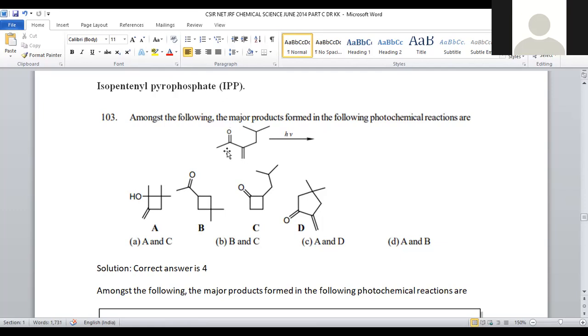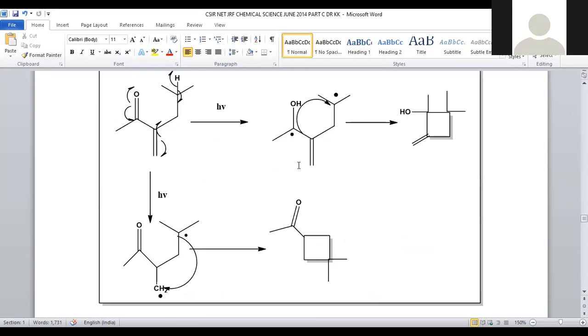But when we go with the carbonyl functional group, there is a high probability because oxygen is more electronegative when compared to carbon. So both the groups, being double bonded compounds, can participate in this photochemical reaction, so that we will get a mixture of 2 products rather than a single compound. When the carbonyl group participates in the reaction, we will get 1 product. When the olefinic double bond participates in the reaction, we will get another product. Let us see what could be the reaction process under light irradiation conditions.